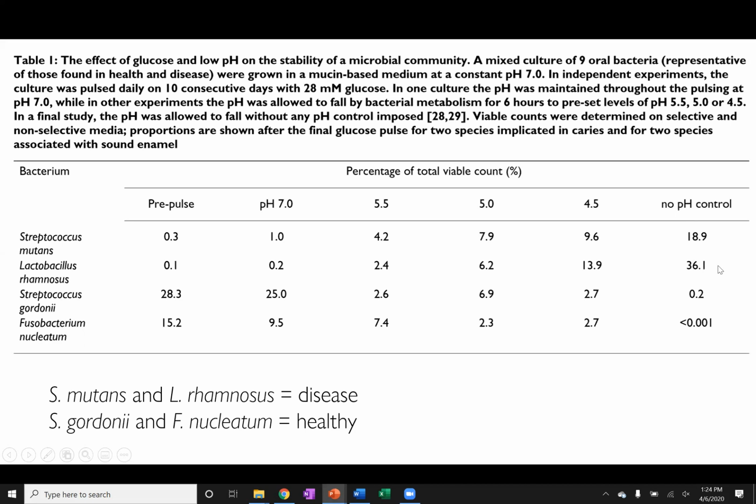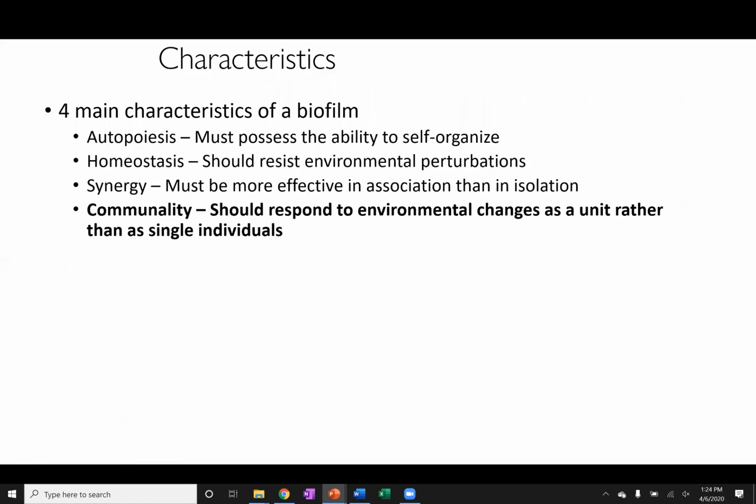So at very acidic pHs, we have very high amounts of the pathogenic ones, but at higher levels of pH, we have essentially no pathogenic microbes, and we have very high amounts of the healthy ones. And so that's synergy. And we'll wrap up our talk about biofilms by thinking about communality as well